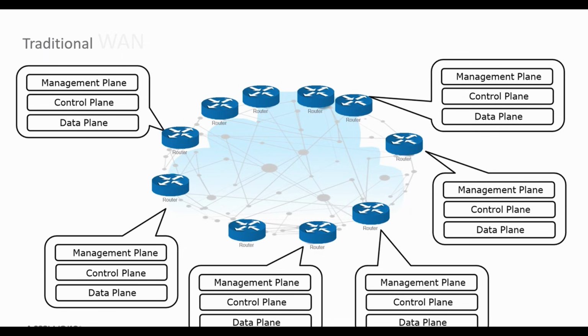But in SD-WAN, they separated these three planes: management plane, control plane, and data plane. Do you understand what is meant by control plane? What does the control plane actually do in the router? Not in SD-WAN. It controls the routing, right? Correct. Yeah. All three things are available on the router, but in SD-WAN,